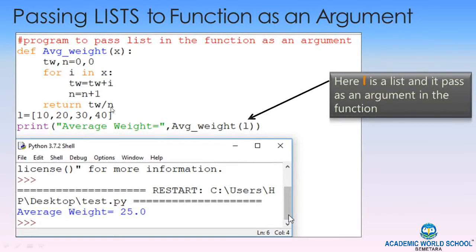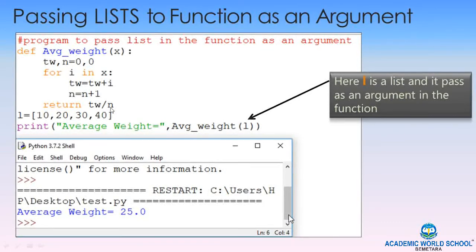Now this is the definition of the function. In this, H is a list which will take the value from L. Now the sum operation is performed and then the average weight is calculated, which is the return value. So this is a way to pass a list to a function.